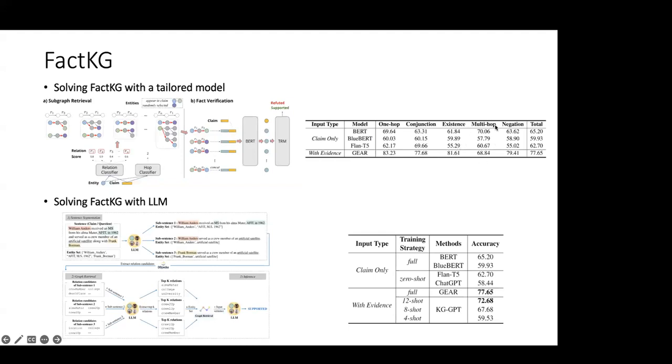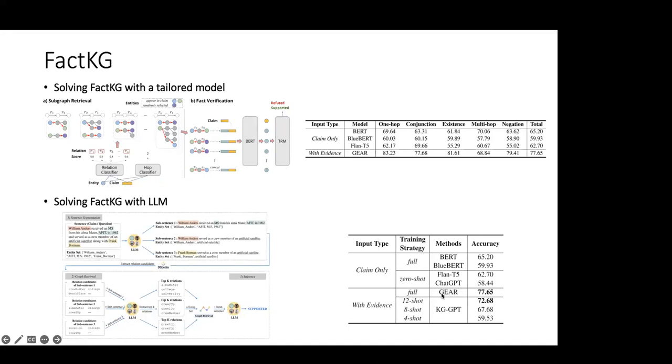As you can imagine, it doesn't have good performance. We tried to solve it in 2 different styles, again, using a specific custom model only for this, and trying to solve it with an LLM. Solving it with an LLM is a little more involved than building an ECG perceiver and hooking it up with an LLM, because you need to look at the claim, break it down into different triples, look at all the graphs, retrieve the relevant triples, put them together, build an inference chain, and then see if that supports or refutes your claim. It's a little more involved, but maybe that's why it's underperforming compared to